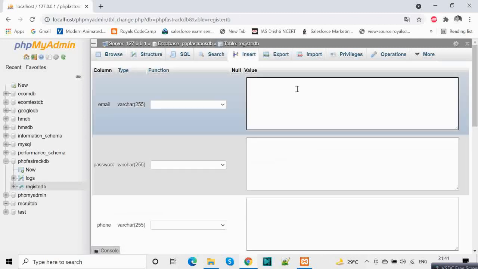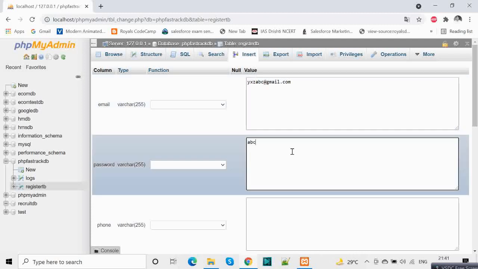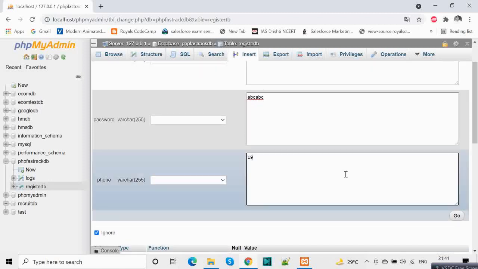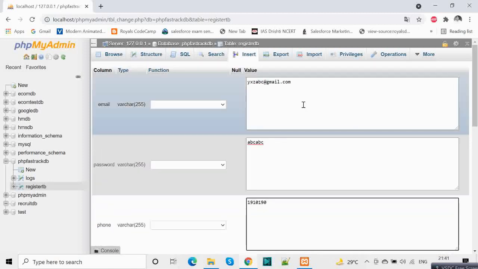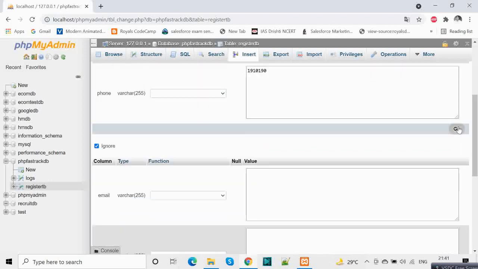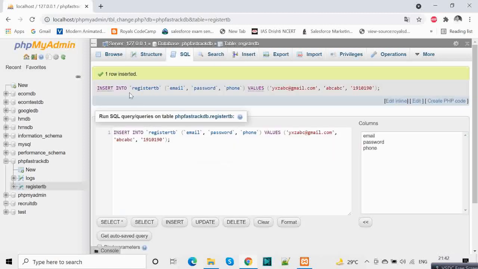Let's give something like this, ABC, this is our random email, a password, let's say ABC, just like that, and a phone number, anything. This is our record, so let's just click on go. We have inserted a record in our registered table.